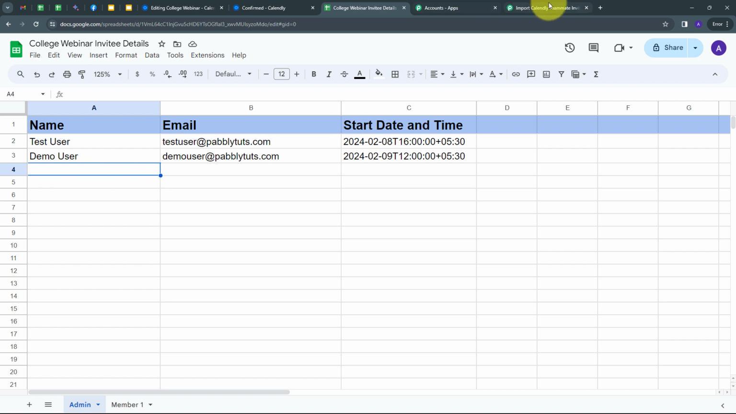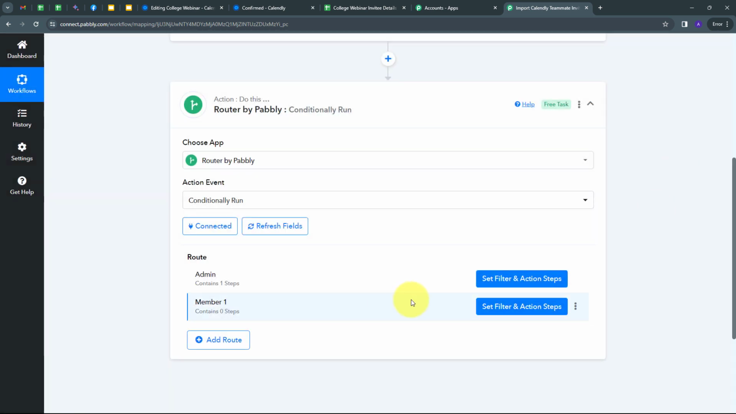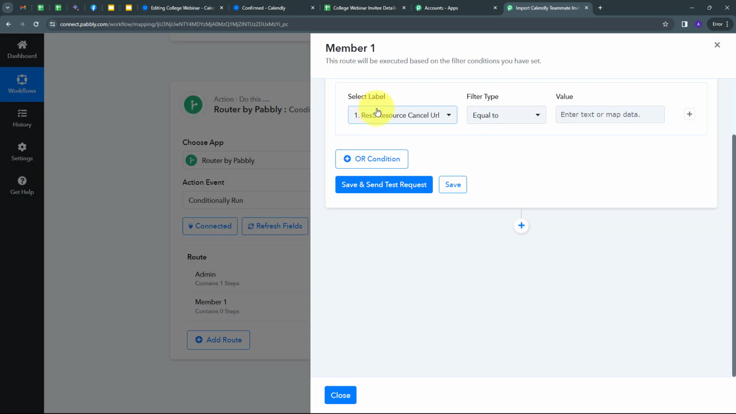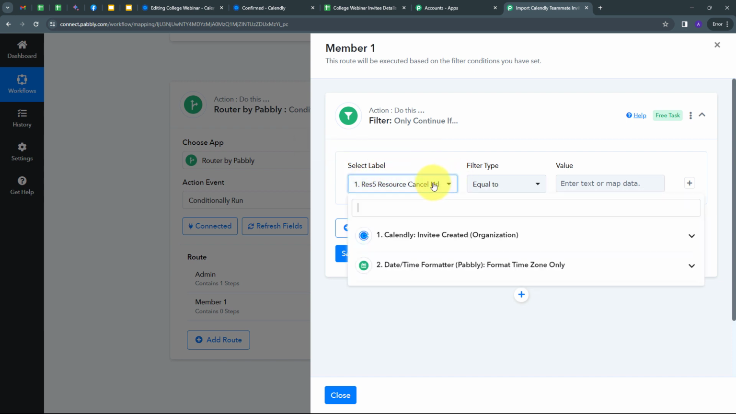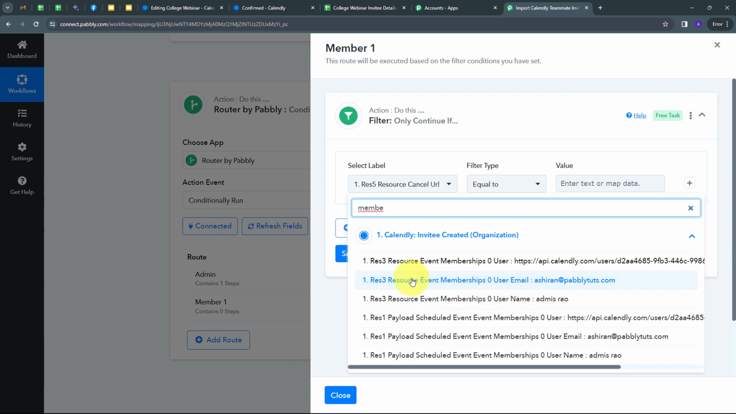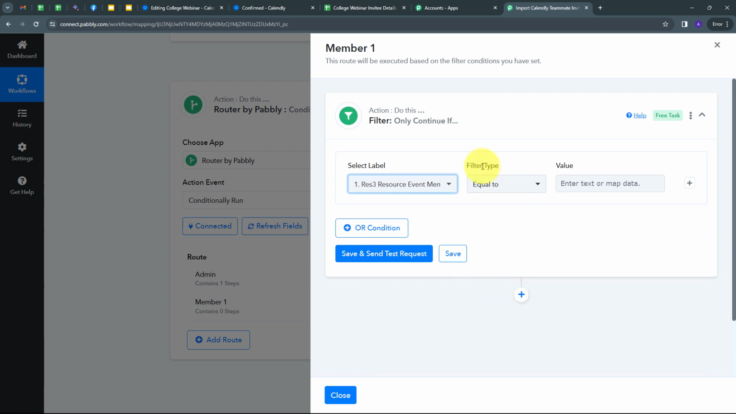Now we'll go back to Pabbly Connect. I'm going to close this and set a filter for my member one. So I'm going to click here, and now I'm going to select the same label of the member email. I will open this response of Calendly and select this label. Then I have to give a filter type, which will be equal to,